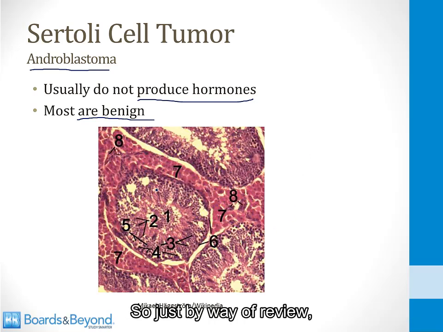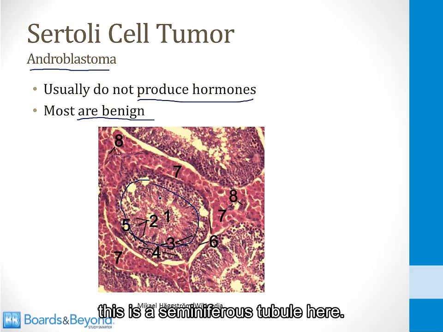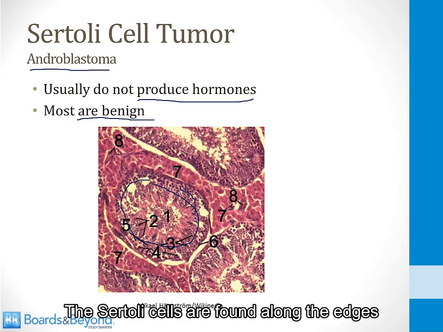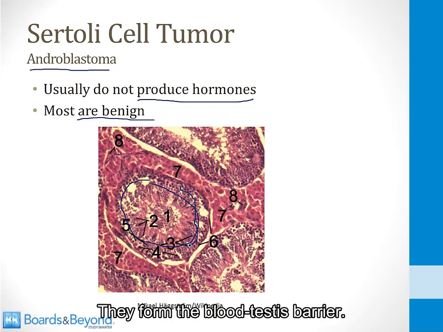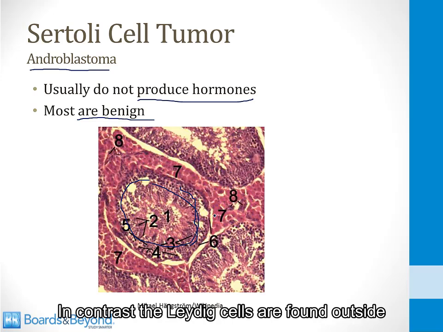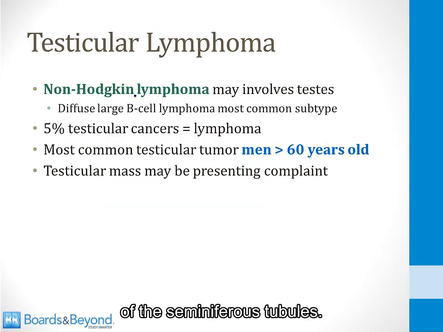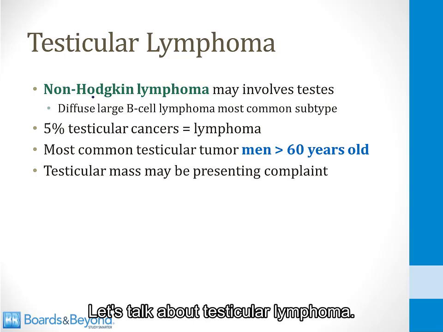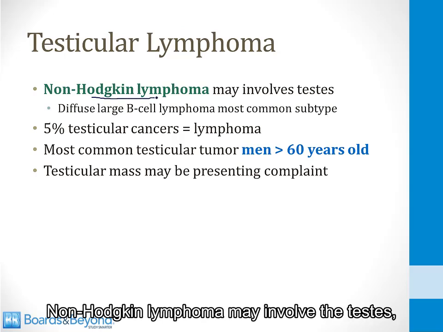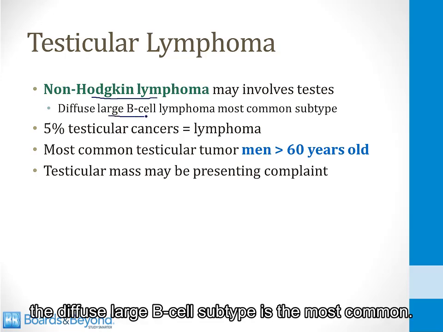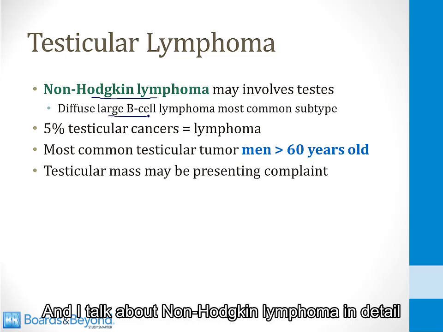So just by way of review, this is a seminiferous tubule here. The Sertoli cells are found along the edges of the seminiferous tubule. They form the blood-testis barrier. In contrast, the Leydig cells are found outside of the seminiferous tubules. Let's talk about testicular lymphoma. Non-Hodgkin lymphoma may involve the testes. The diffuse large B-cell subtype is the most common, and I talk about non-Hodgkin lymphoma in detail in a video